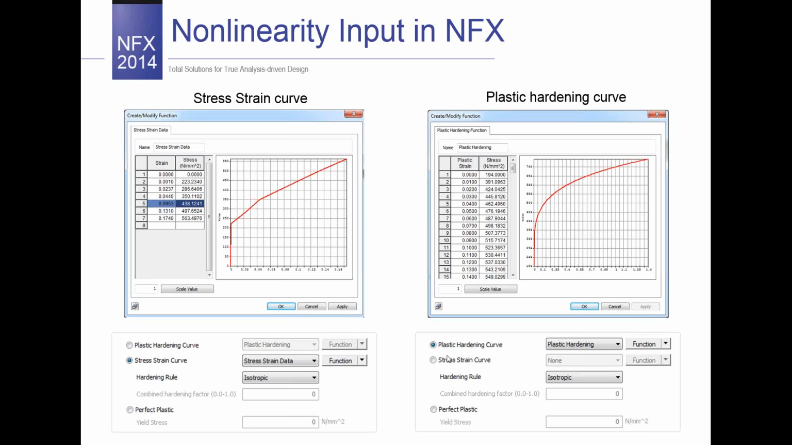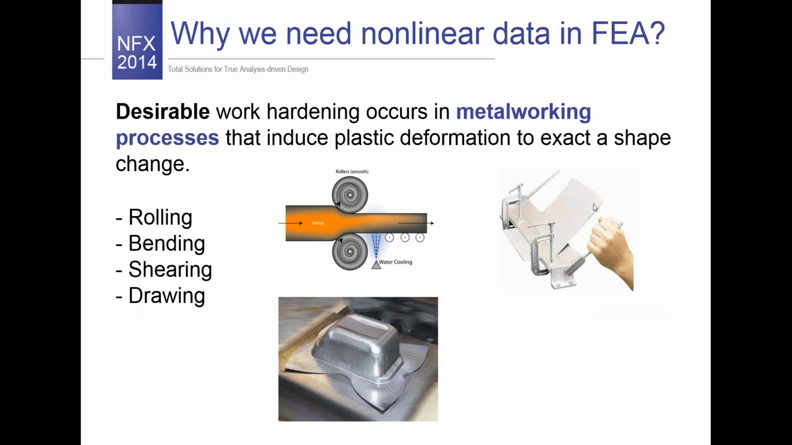And the second option is to enter the plastic hardening curve, and this curve starts from the plastic range, and you can use this Holomon equation to plot this curve actually. And why do we need nonlinear data? So sometimes this work hardening is required, sometimes not. So in case that this work hardening is desirable, we can